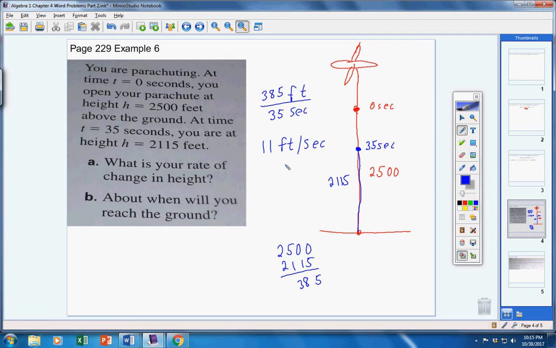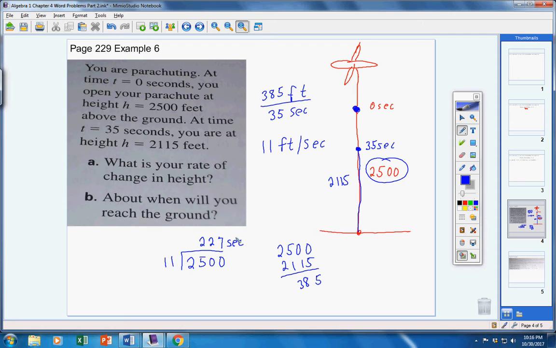Okay, now, about when will you reach the ground? Well, let's go back up here to your starting point right here when you pulled the cord. At that moment, you were 2,500 feet off the ground. Got it? So you're 2,500 feet off the ground, and you're falling 11 feet every second. Okay, so 11 goes into 25, into 2230, into 2280, about